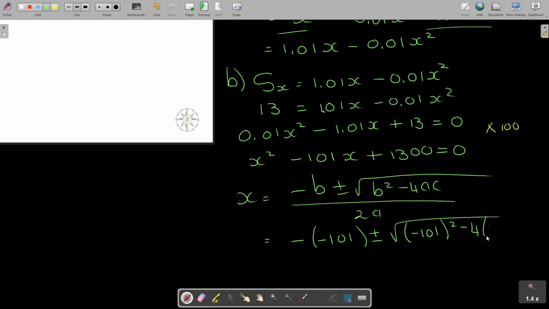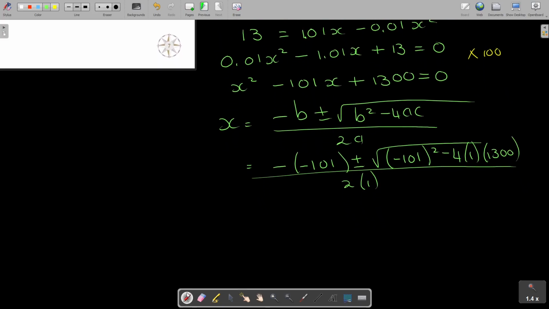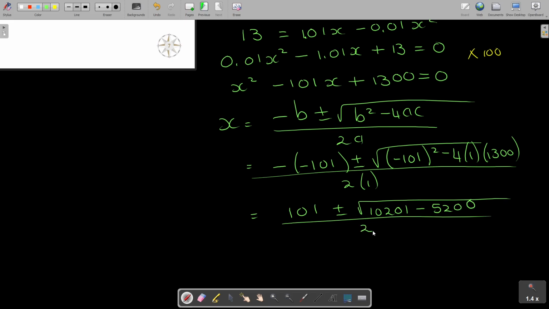Minus 4a, 1300, over 2a. And if I simplify this, I get positive 101 plus minus the square root of 10201 minus 5200, over 2,